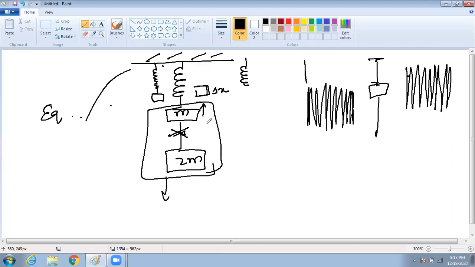So before it is 3m, now because this got cut, just after cutting, it happens instantly. And don't tell me, sir, after 5 seconds what happened. Instant. The moment you cut, this will fall down with some acceleration and this will move up a certain amount. Maybe it is some delta x by 2. We don't know. Total elongation was delta x, but maybe it moved delta x by 2. So the question is, find the acceleration just after cutting of both the blocks. What is the acceleration it moves up and what is the acceleration it falls down?